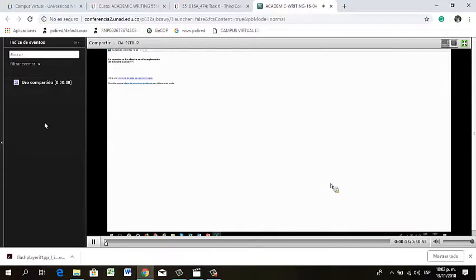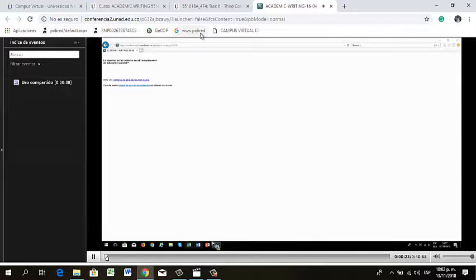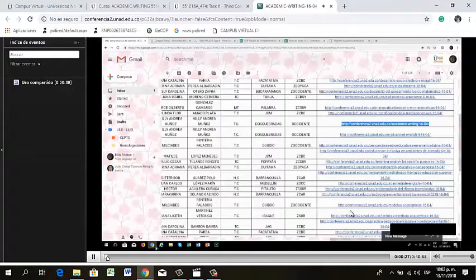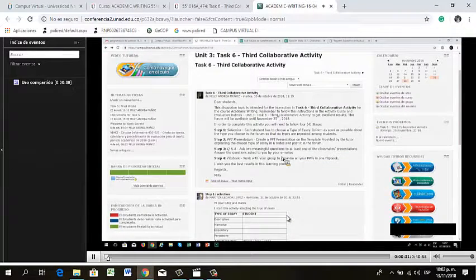We are working on task 6. In a week, we are going to start working on task 7, and based on task 7, we'll be doing task 8. That's what we are doing right now. So task 6,